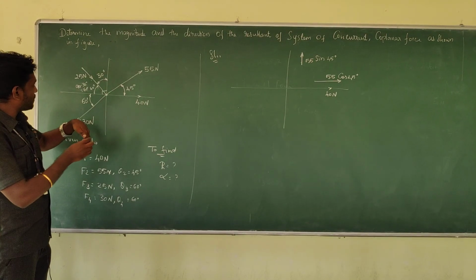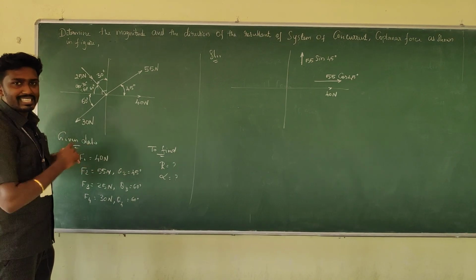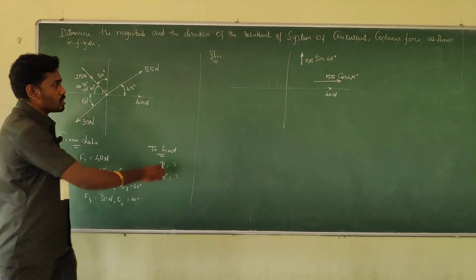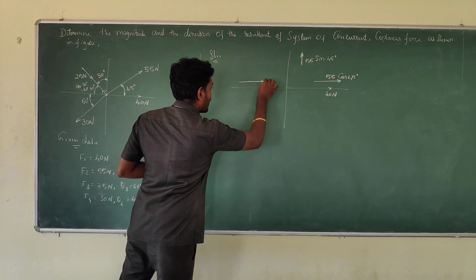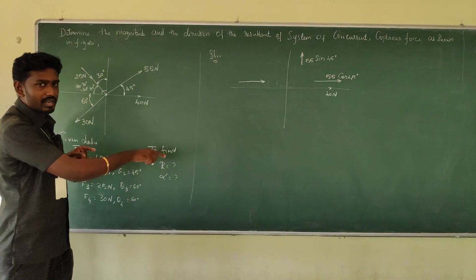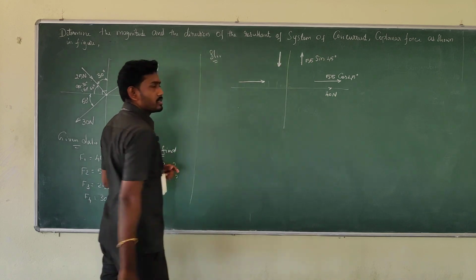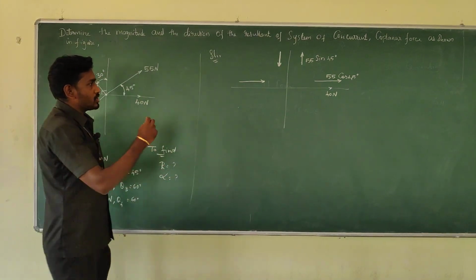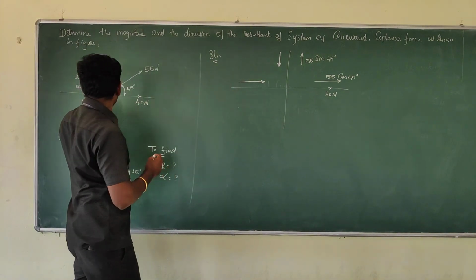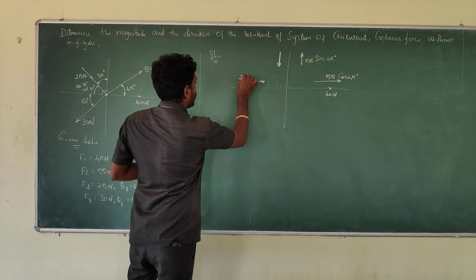At the same time, it is moving where? Right side in horizontal manner. Am I right? So I'm going to take this force as horizontal right side, and vertically downwards. Okay? Just designate just like the previous one. It is 25 Newton force.